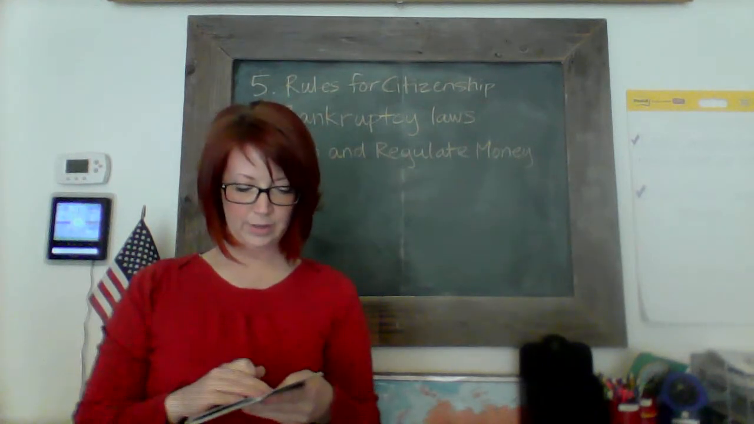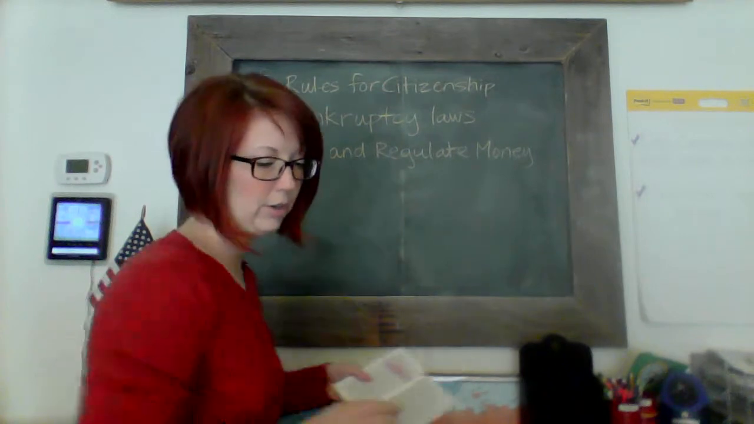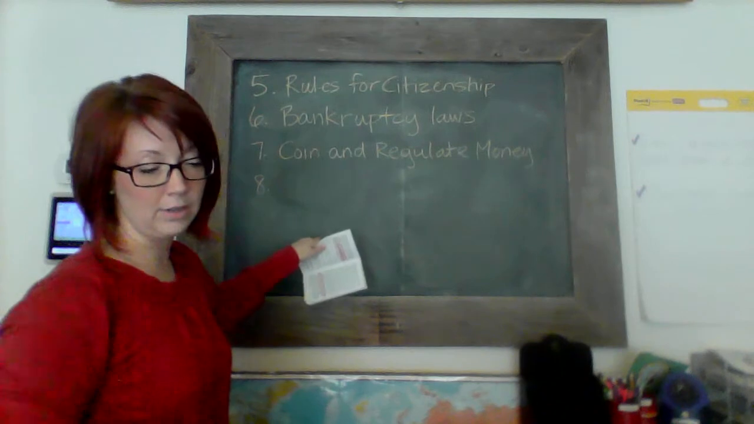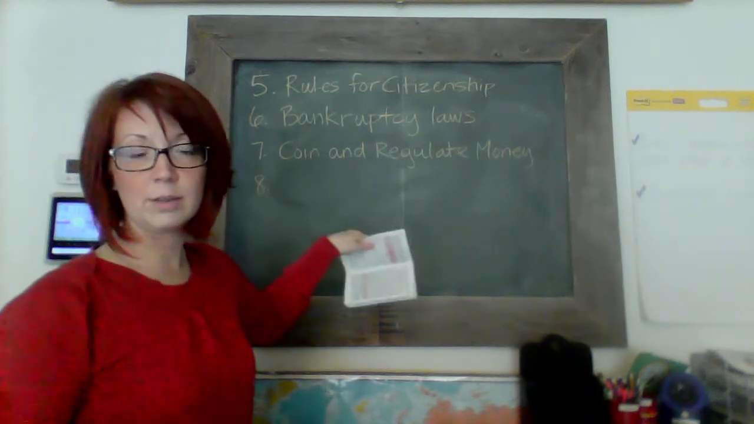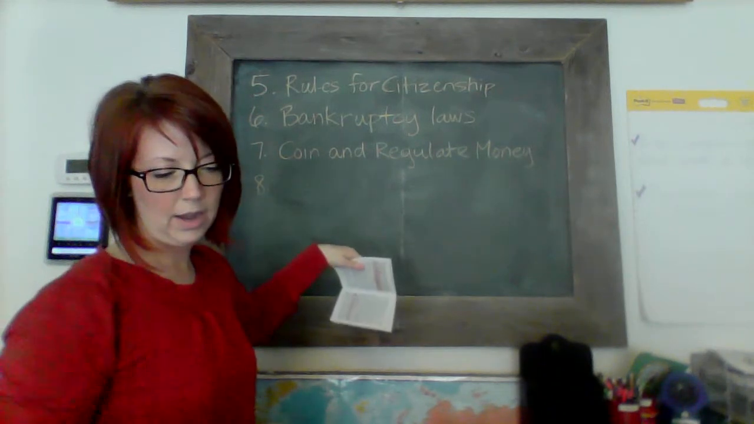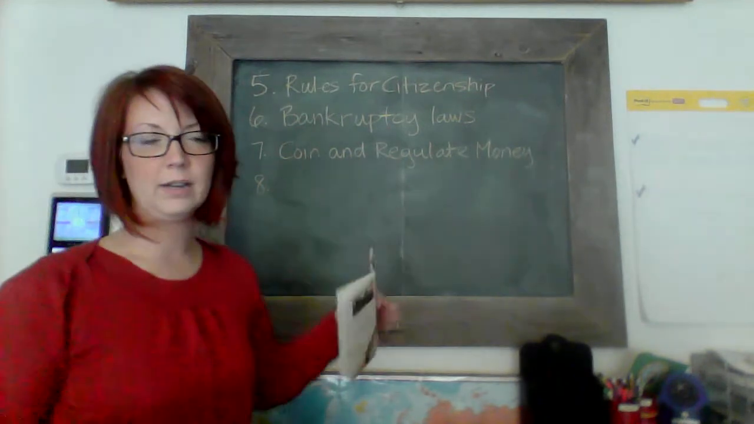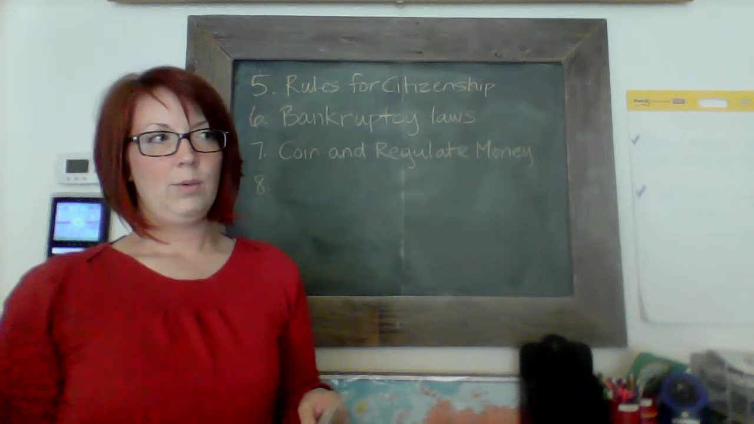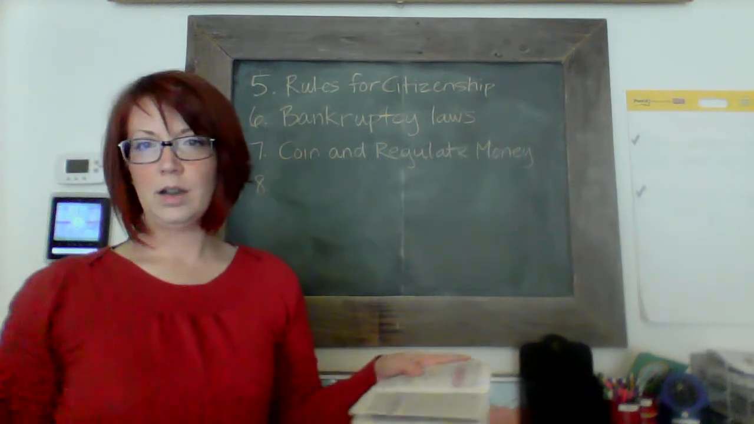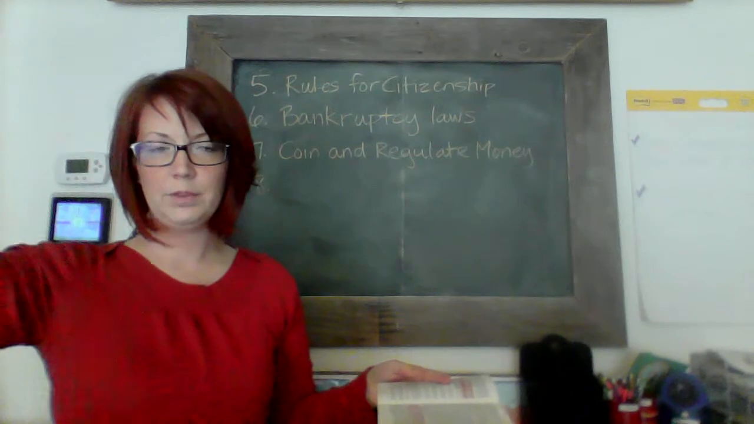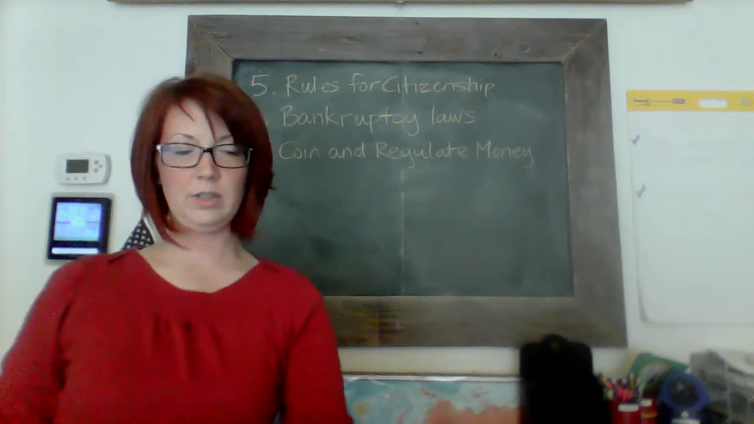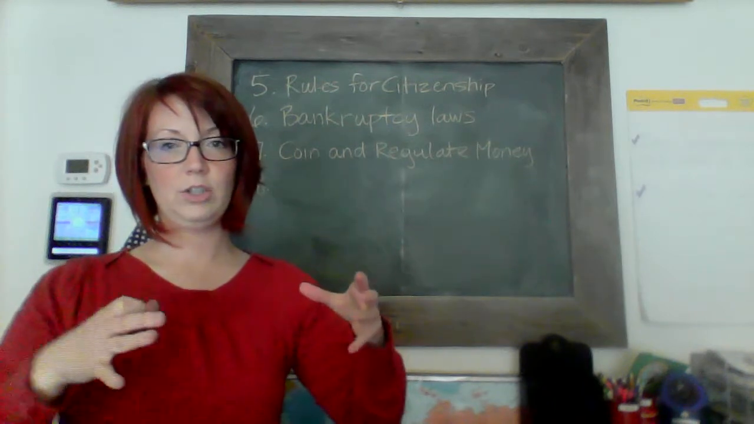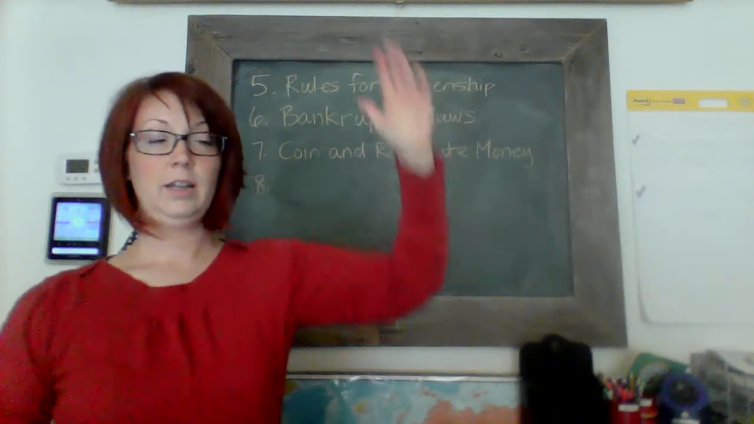And then the next power that was listed in that same clause is that Congress has the power to standardize weights and measures, which is important because if I was in Georgia and I wanted to sell a barrel of sugar to Massachusetts, well, Massachusetts says that a barrel of sugar is only this big, but Georgia says a barrel of sugar is this big, then